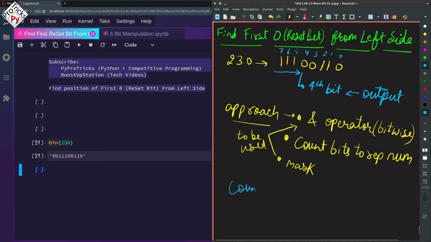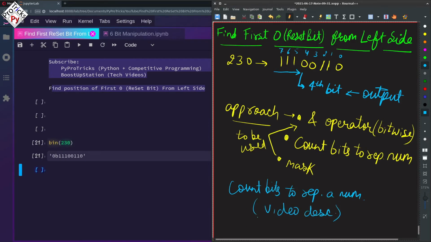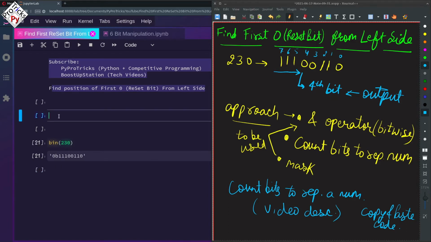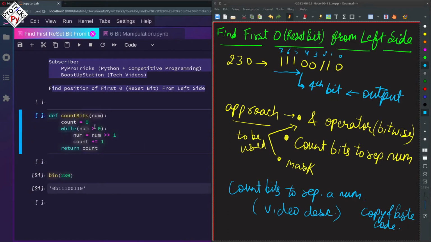First of all, count the bits to represent a number. You can find the video in the description. I will just be copying and pasting the code to make it easy for this video. So here I have the function to count the number of bits to represent a given number.